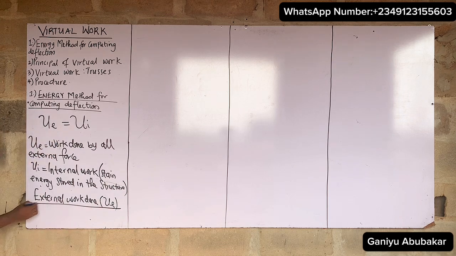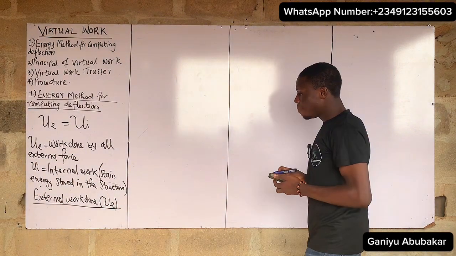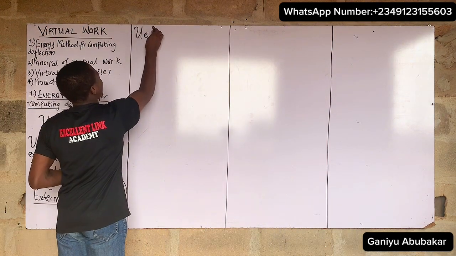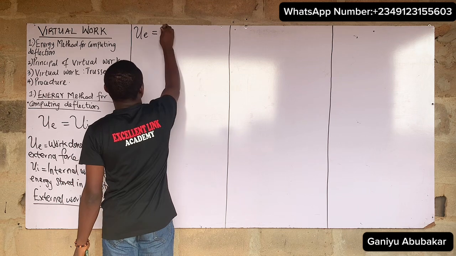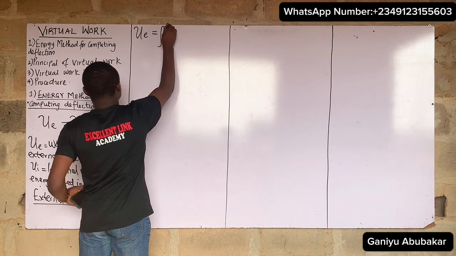Let's consider this first one called external work done, that is UE. Basically, mathematically, we express UE, which is external work done, as being equal to the integral